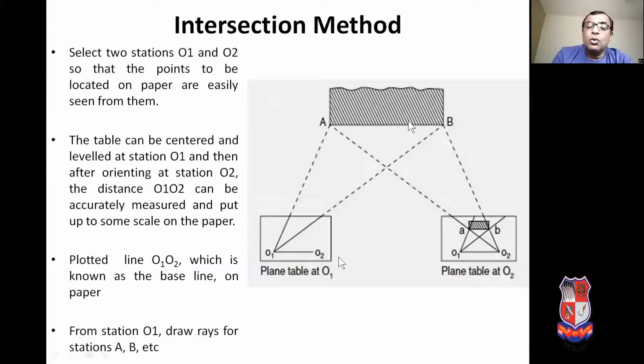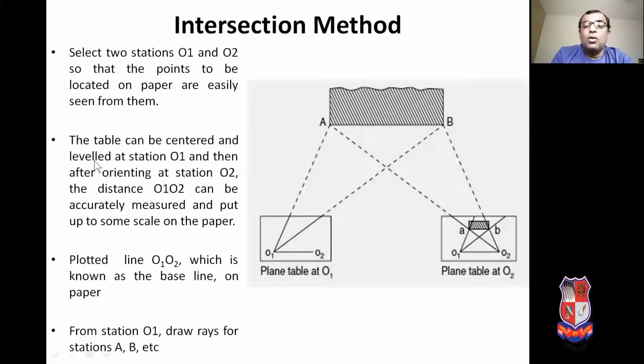The plane table is centered. First, we have to set up the plane table on ground station capital O1. We have to perform all the operations of fixing of plane table, centering of plane table, leveling of plane table, and marking the north direction on the right hand side top corner of the plane table.